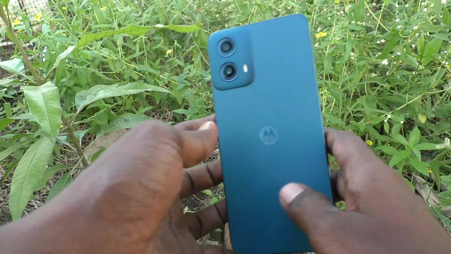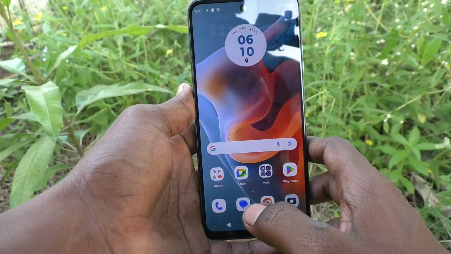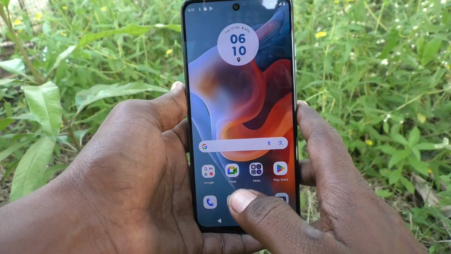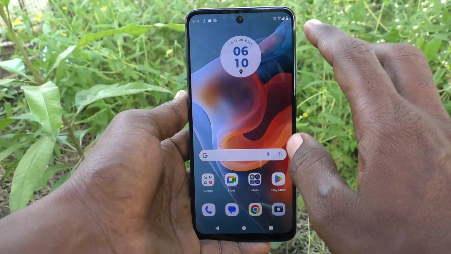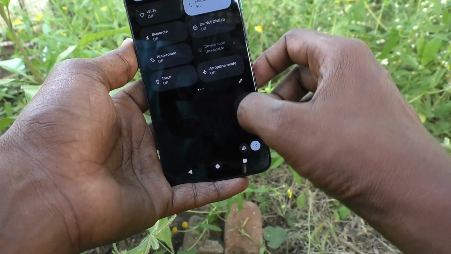Here is Moto G34 smartphone. In this video, you will learn how to change notification sound in your phone Moto G34. First of all, go to the settings of your phone. Go to settings,